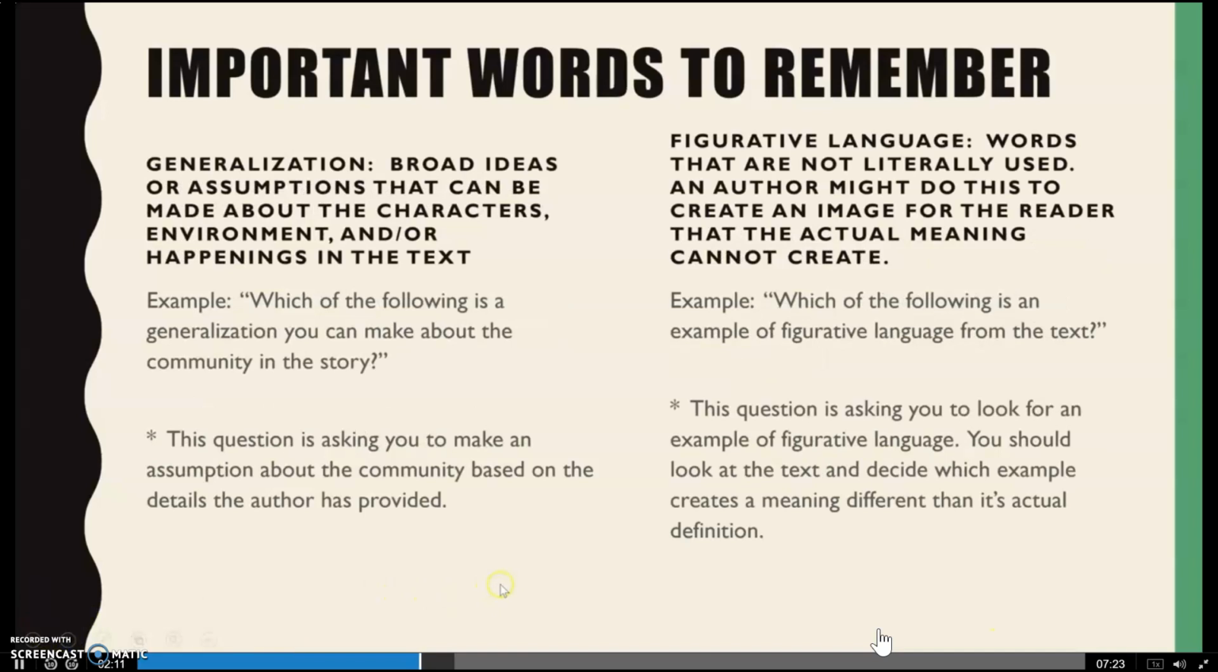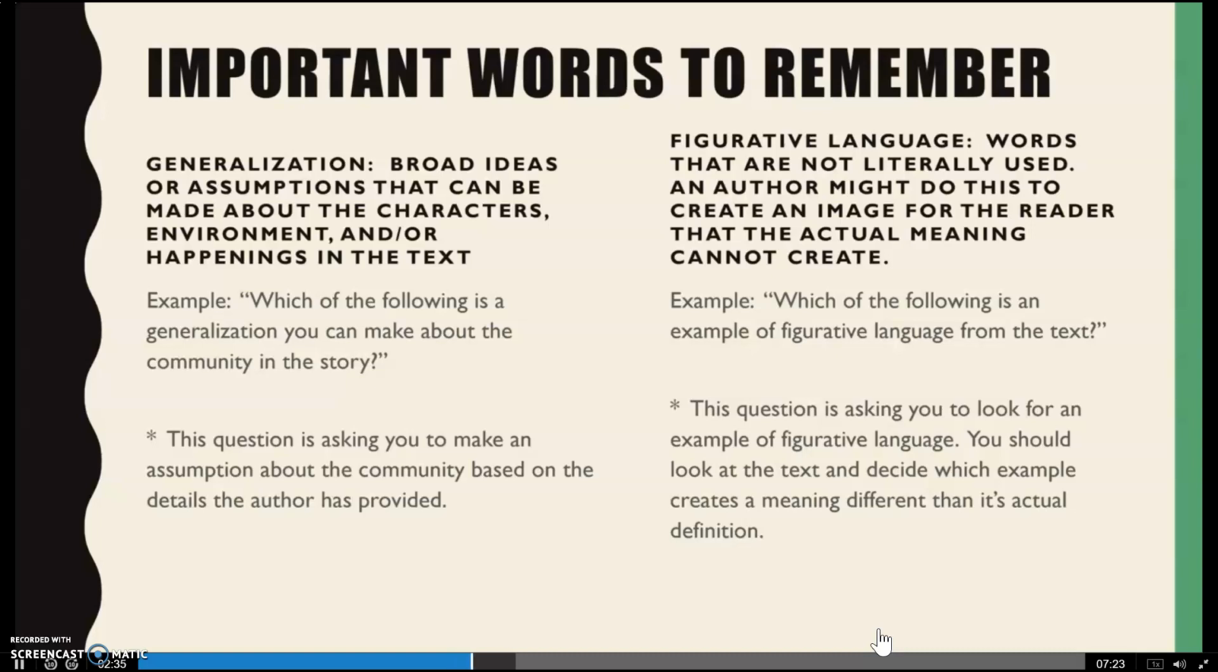Okay, next one. Generalization. So generalization, think about that. It's just in general. So those are broad ideas, assumptions that can be made about the characters, their environment, and what's happening. So it may not tell you that, but you just assume that's what's happening, or that's the kind of person they are. So an example question might be, which of the following is a generalization you can make